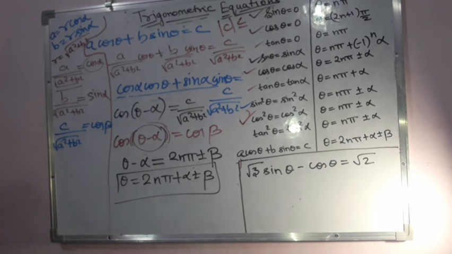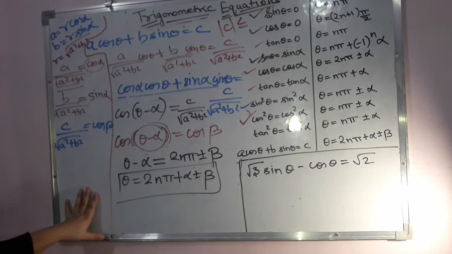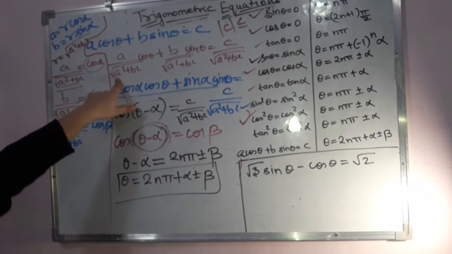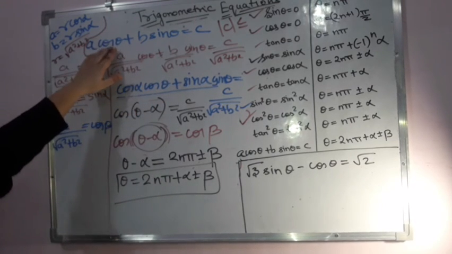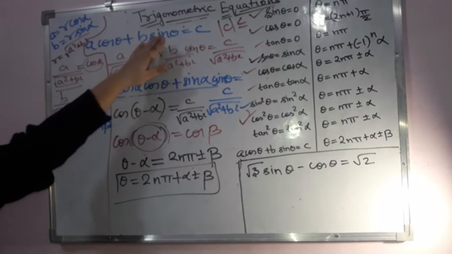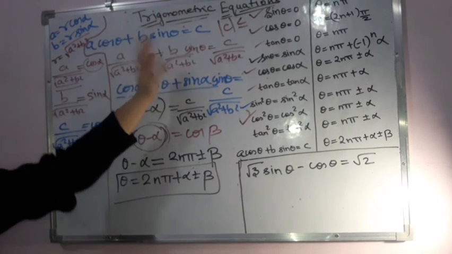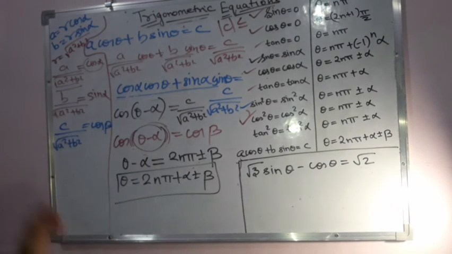How are you going to solve these questions? In a similar way as we did, we take out the under root of a square plus b square, where a and b are the parts attached with cos theta and sin theta respectively. Then calculate the square root, divide the entire equation by it, and you will get something that you can solve with the help of the formulas from compound and multiple angles.